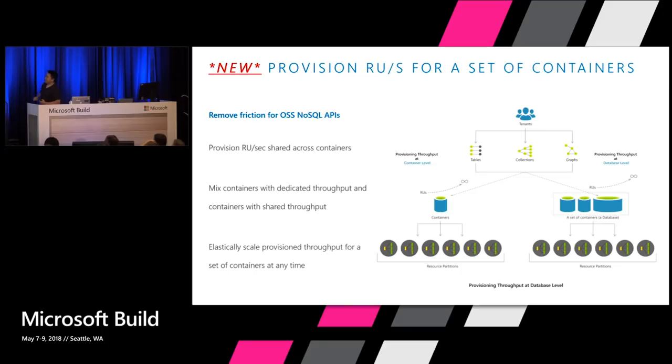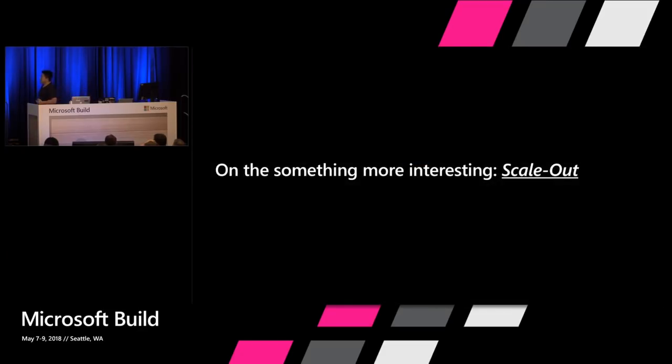And so now with provisioning RUs for a set of containers, what we allow you to do is set the request units at the parent database or key space. That way, a set of containers can share that RUs per second. They'll be co-located on the exact same cluster. Now, request units, you can love them, you can hate them, but let's talk about something a little bit